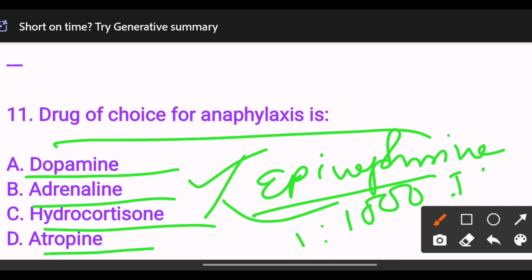1:1000 IM. They are giving it in anaphylaxis. So the answer will be option B. Next,